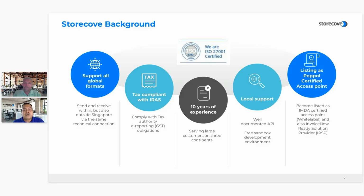We have been doing this for more than 31 countries. How we work is that we provide an API for ERP companies and integrators to help your end businesses connect to the PayPal network. We always support any global format. For Singapore, we have been doing this since 2019, and we are one of the accredited access points. Other than that, we also do e-reporting, especially for countries like Malaysia, India, Germany,